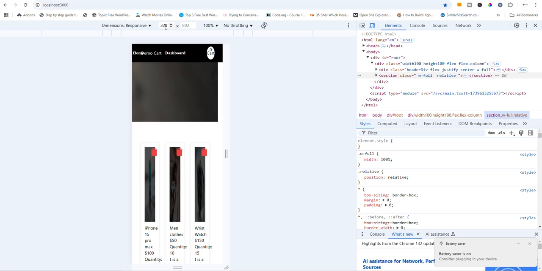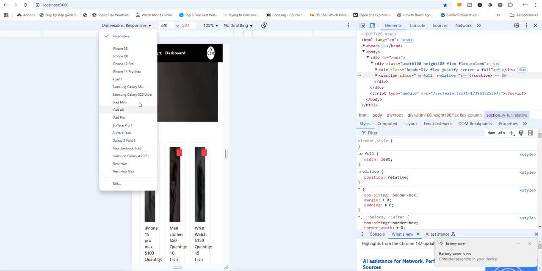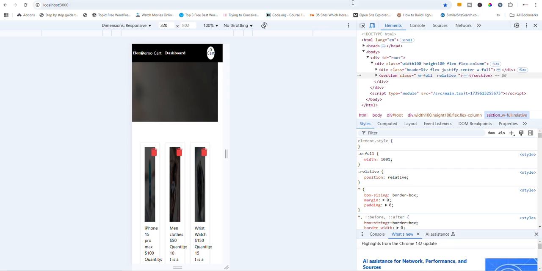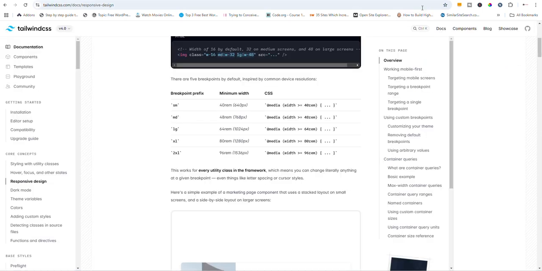Here you can see the responsive option. If you go down to responsive here, you can see different screens that you can actually target. Okay, you can see all the different screens here. However, working with Tailwind, just make sure you select responsive so you can have a custom width to put here. You put your custom width here. Then make sure you go to